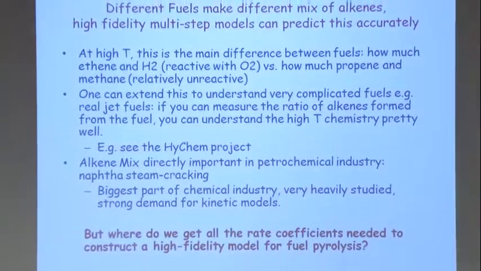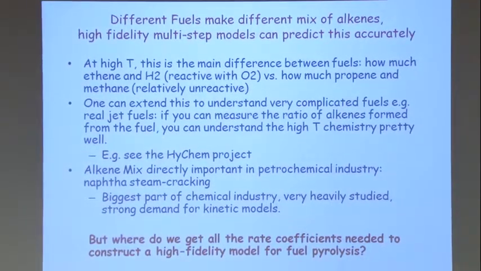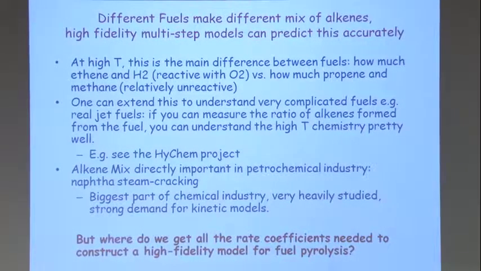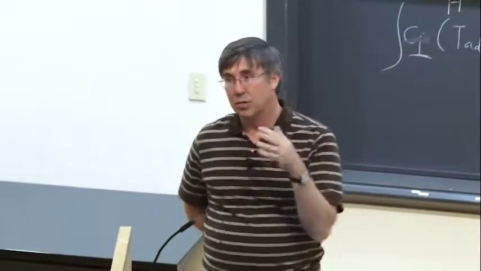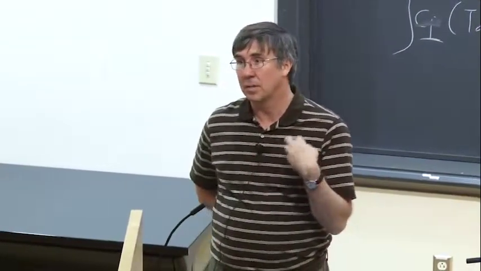All right. So what's the difference between different fuels? They all are doing the same thing. They're all breaking up to make a bunch of alkenes. And they're pretty similar, actually. And so the main difference is sort of, do they break up to make mostly ethylene, or do they break up to make mostly propene? Sort of like, do they make things with an odd number of carbons or an even number of carbons? The things that make mostly propylene will have a tendency to make a lot of propargyl, and the propargyl will make benzene, and eventually they'll make soot. So things that make a lot of propylene are actually pretty bad from a combustion point of view